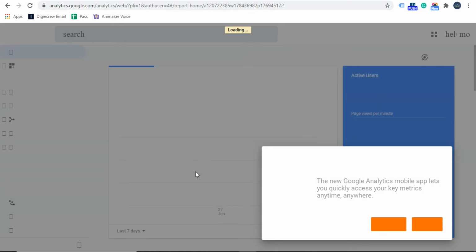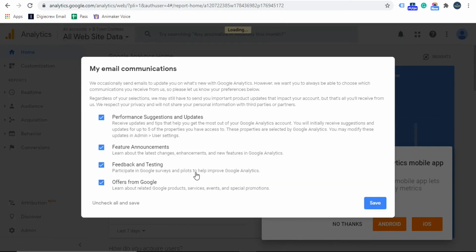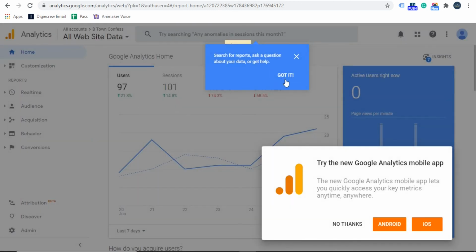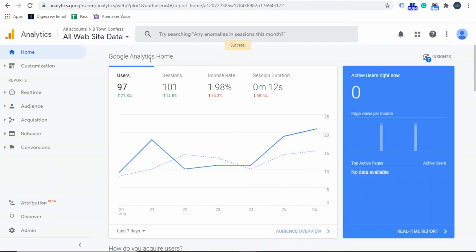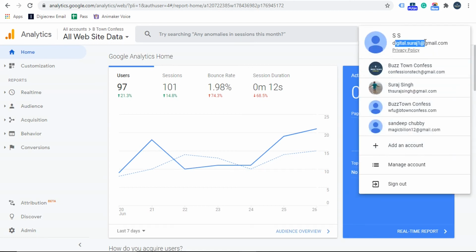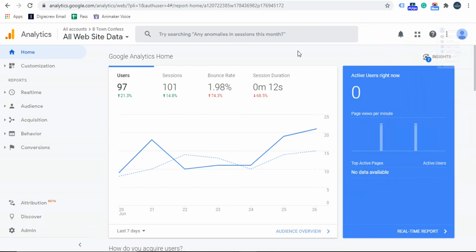This is the first time I'm logging into the analytics account from this account, so that's why it would be asking a couple of settings, notifications and other kinds of confirmations. Yeah, so I'm now logged in from the email ID to which I have granted the access, right?